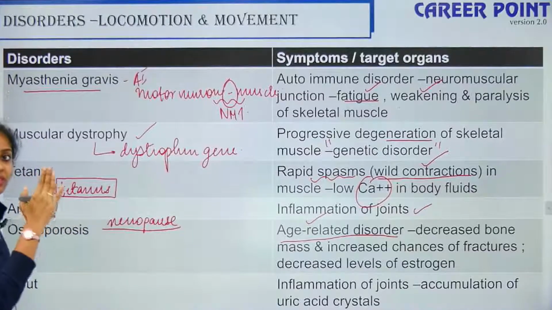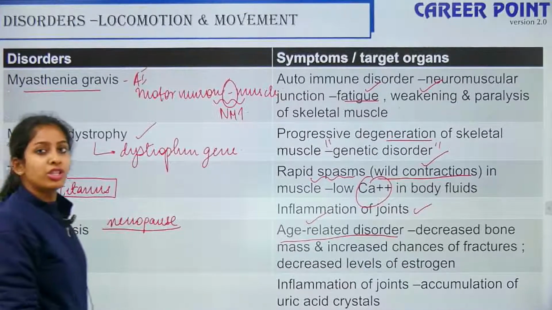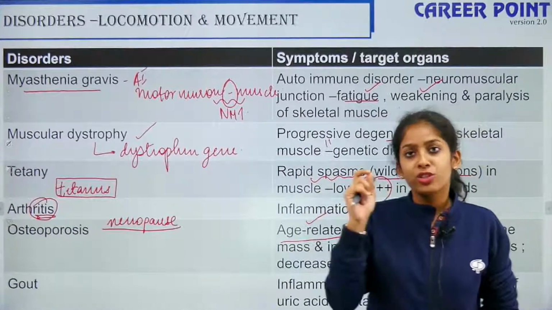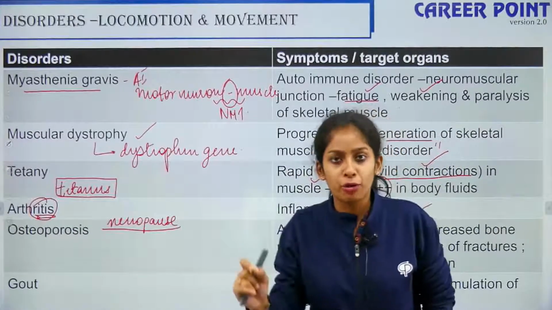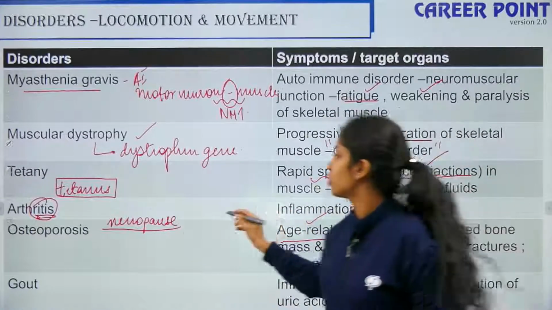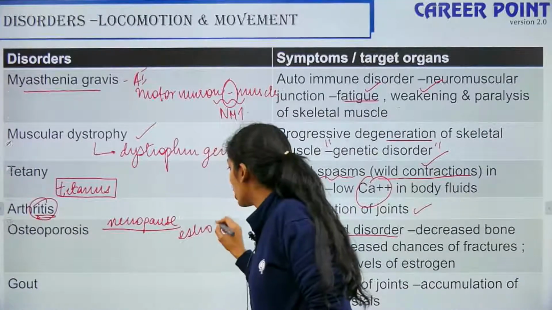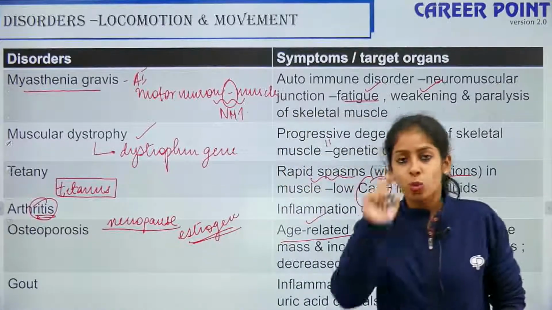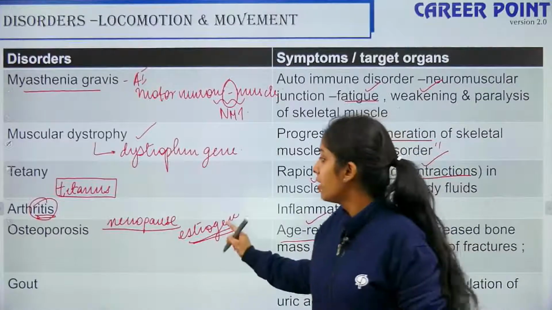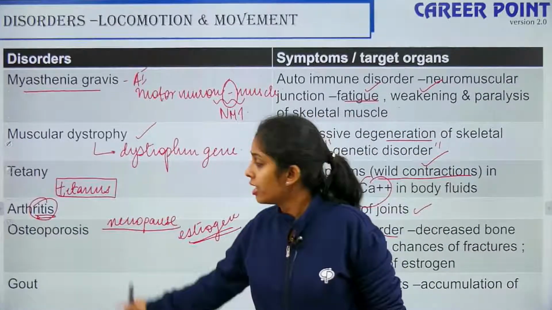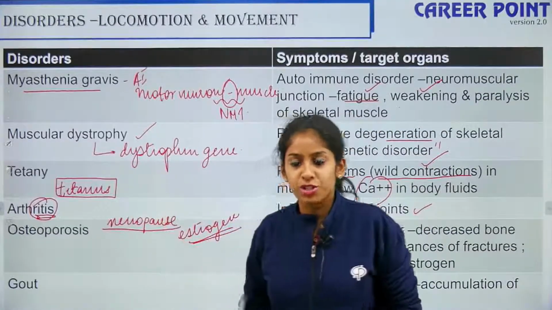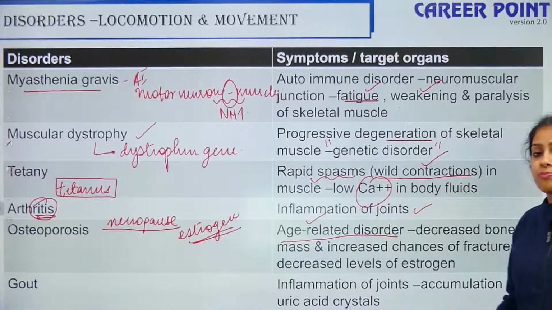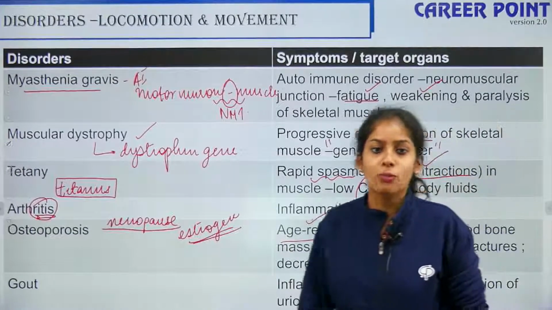So when you have the end of the menstrual cycle, during menopause, you do not have ovulation happening. If there is no ovulation, there is no development of follicles, thus there is no production of the hormone estrogen. Estrogen is also important for maintaining the calcium levels. So when there is a drop in estrogen, menopause will happen, the calcium will come down and thus it will lead to osteoporosis, as a result of which the bones will become very weak.